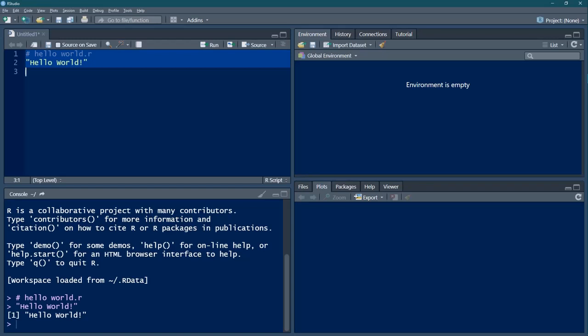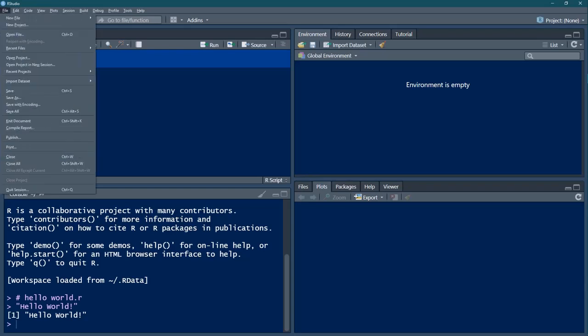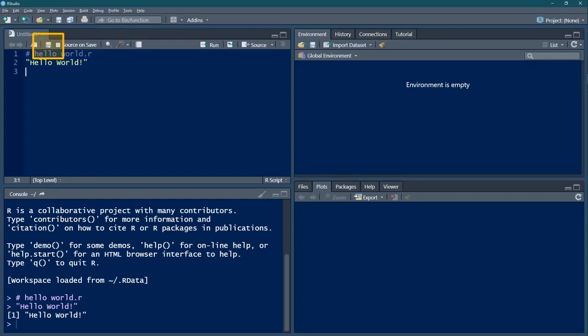We can save the script using the File Save menu option or using the icon. More tabs can be opened and closed. If we want to deal with more scripts, we can use the File menu or other methods to open a new tab.